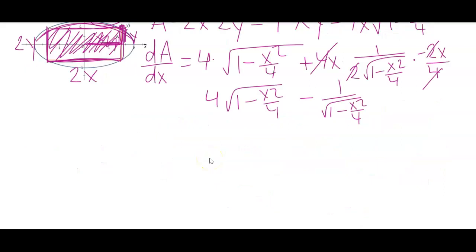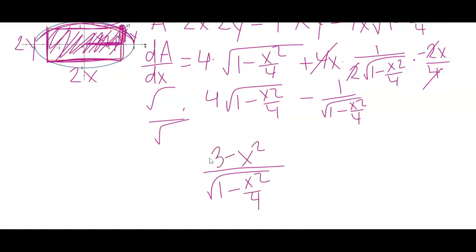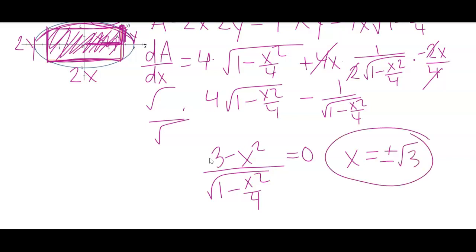All right, so to save some time, I would multiply this by the square root, and then I'm going to end up having a common denominator with 3 minus x squared in the top once you simplify. This is going to be equal to 0 when x is equal to plus or minus the square root of 3. And so that's